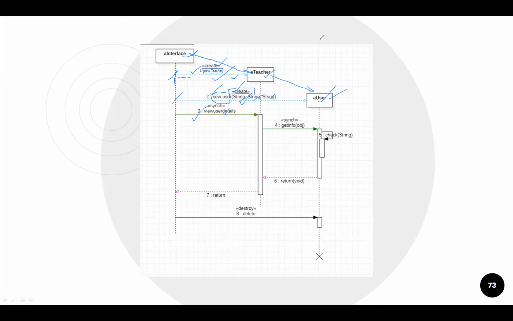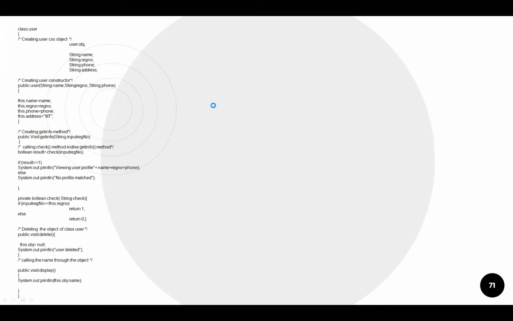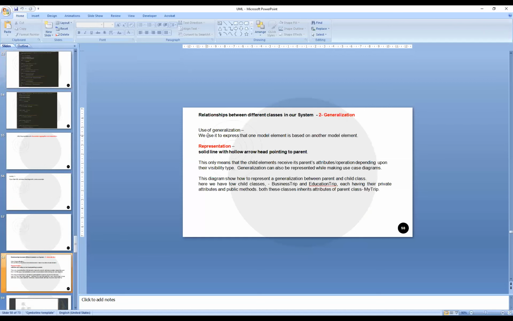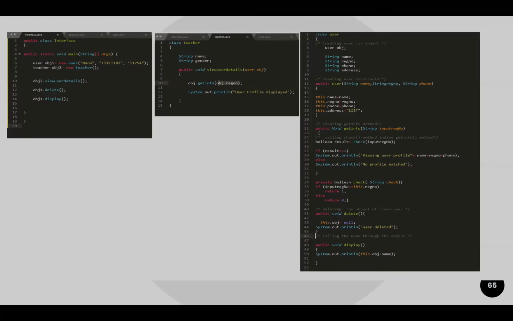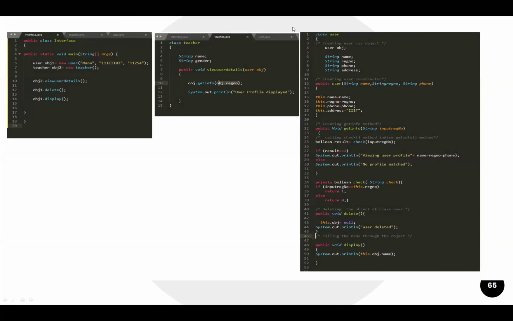See this. Let me go back. One moment. Where is the code? Here. See this. Now after creation of these objects, we call the view user detail.